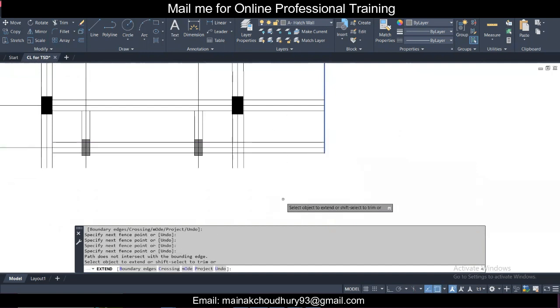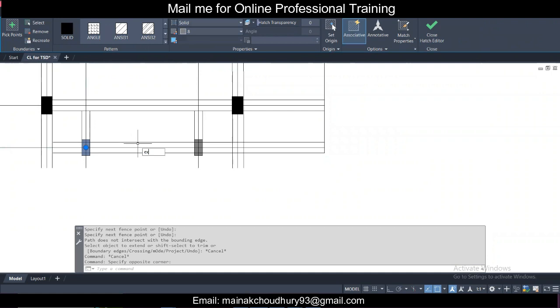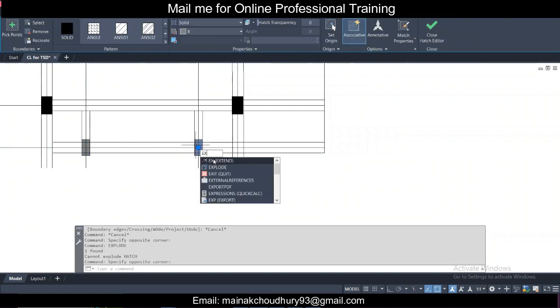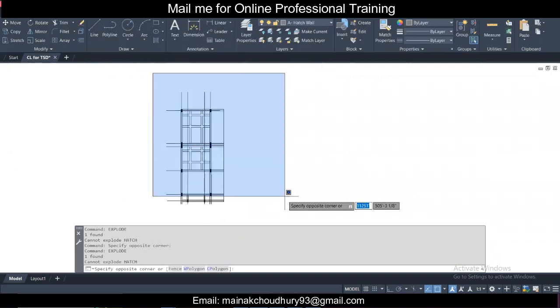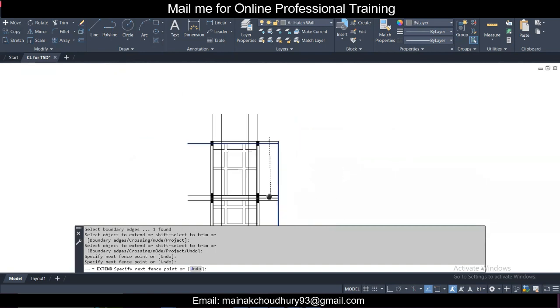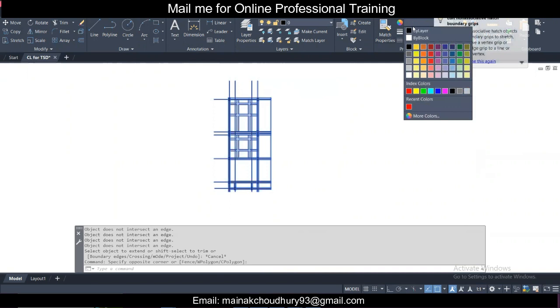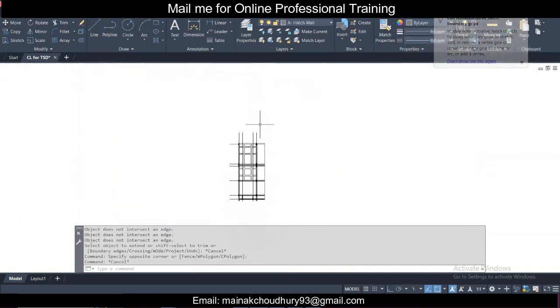Let's extend everything. I think these are in blocks, so explode the blocks. Explode these blocks, and again do everything extend for now. After exploding, now we can do this. So these steps are necessary, that's why I'm showing you. Otherwise, it creates problems. After this is done, we use the command LAYDEL